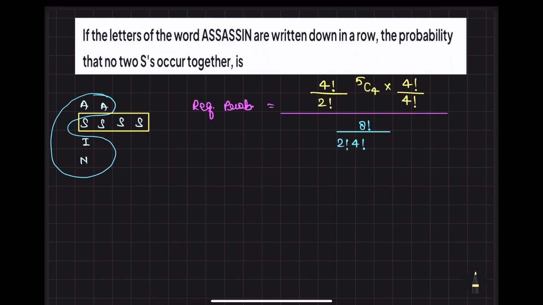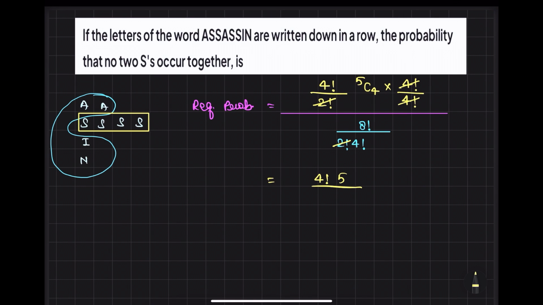Now let's do the simplification part. So we have 4 factorial gone. Then we will simplify things. This 2 factorial and 2 factorial will get neutralized. So in the numerator we have 4 factorial, and then 5C4 is nothing but 5. So this is 5 factorial, and then we have